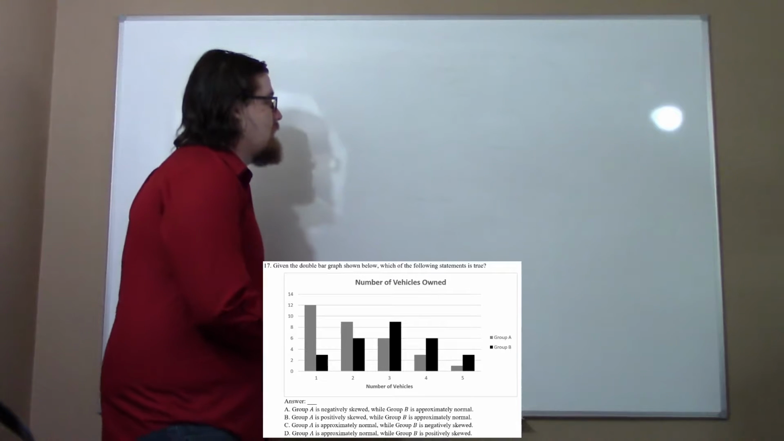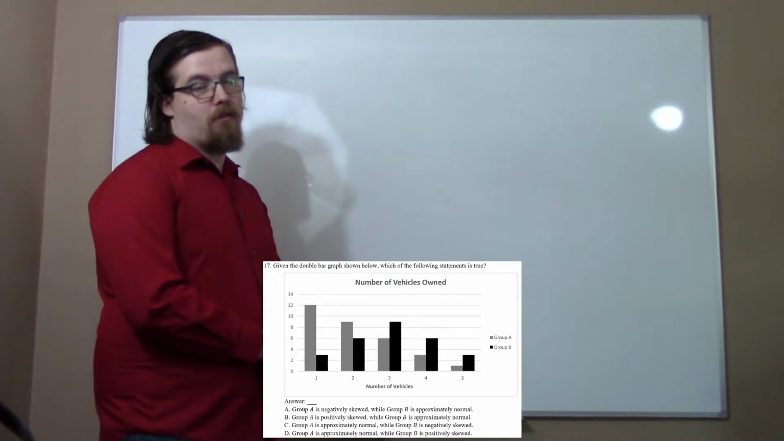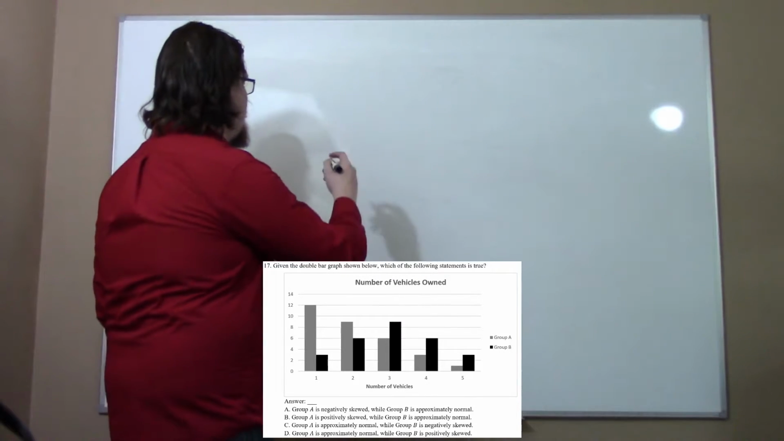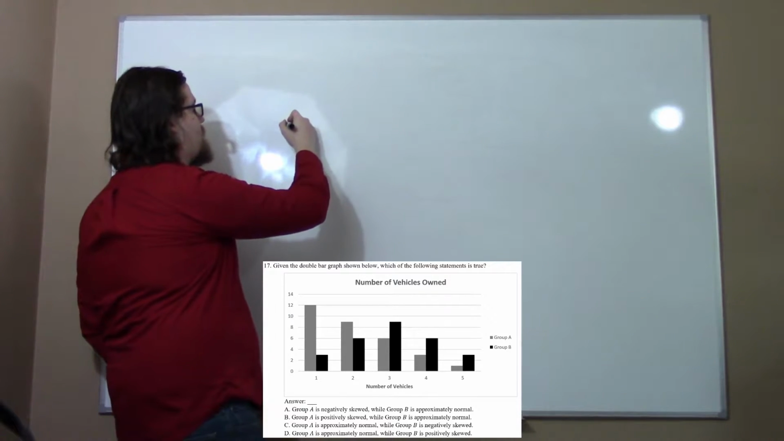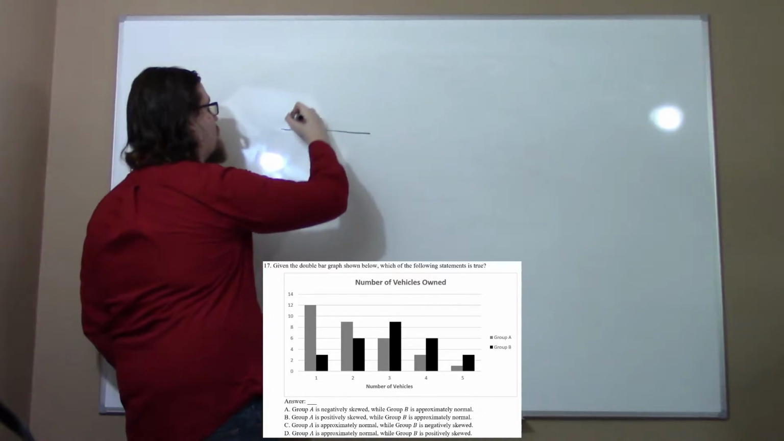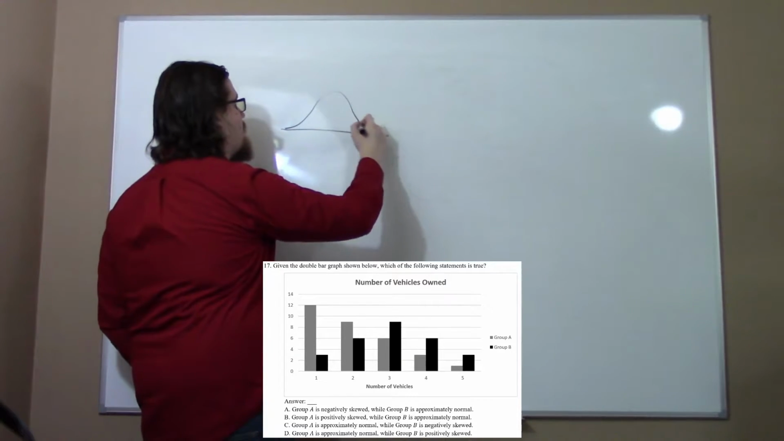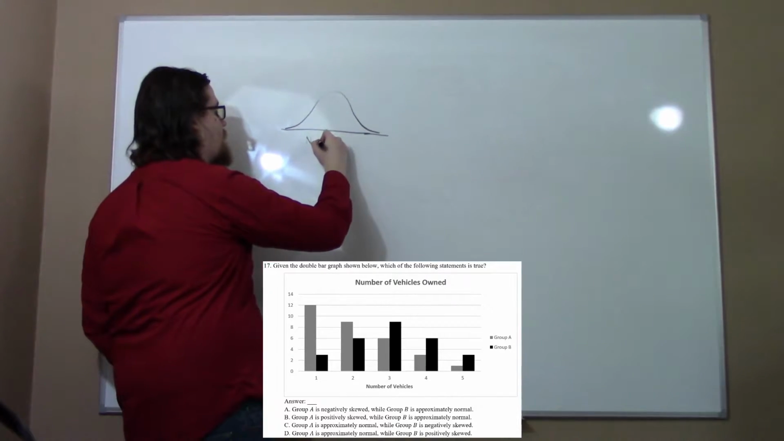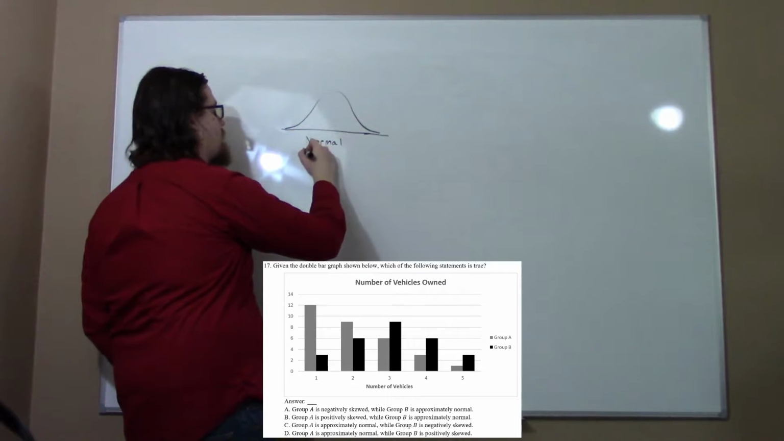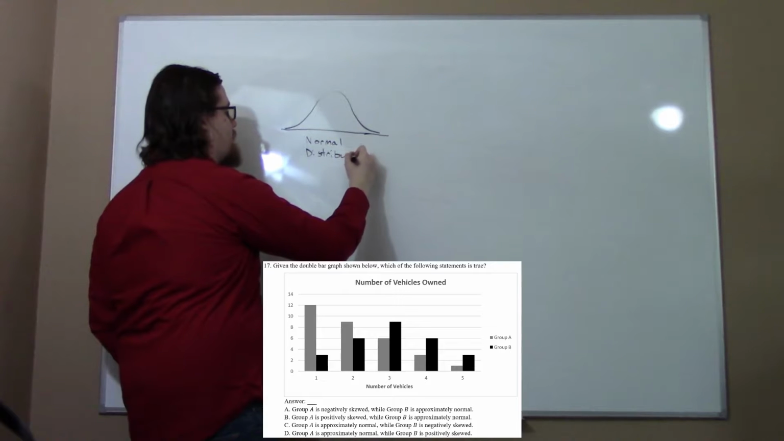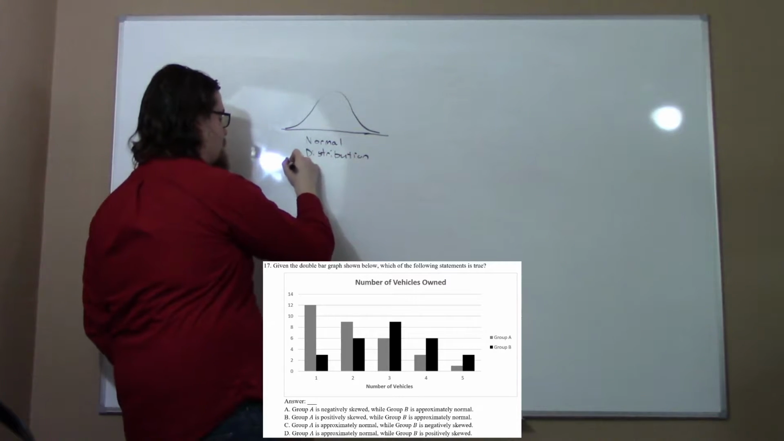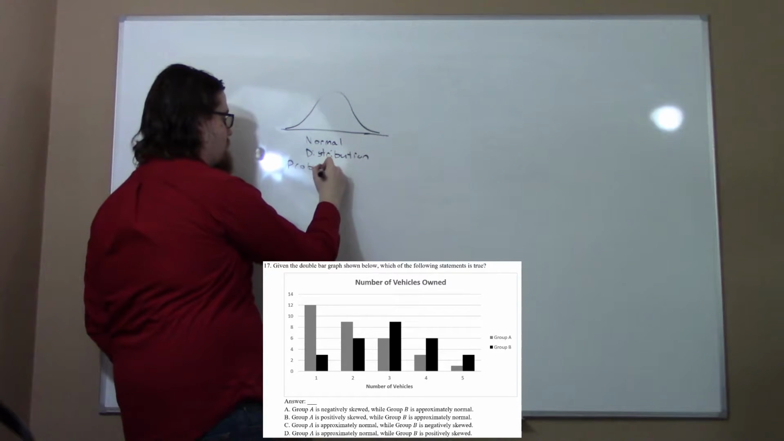So first off, this problem mentions the word normal. A normal is something called a probability distribution. So let me go ahead and draw a graph for you. This is a normal distribution, which is one of many different types of probability distributions. So probability